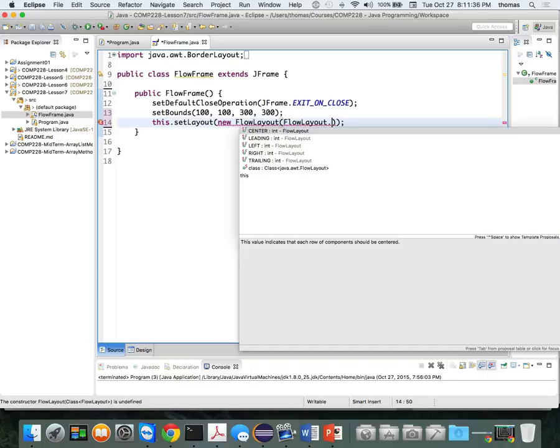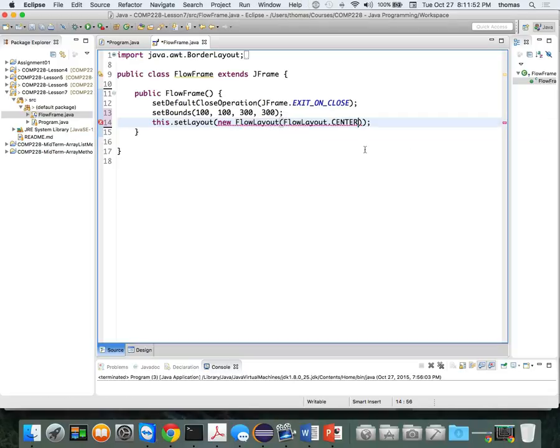dot, you notice some of the options that come up, right? Center, leading, left, right, trailing, or leading, I mean. I can't remember, I was thinking about typography. And so on, right? So if we said flow layout.center, and then I also have this other way of putting in some other values, how's that possible? Because new flow layout has a signature,